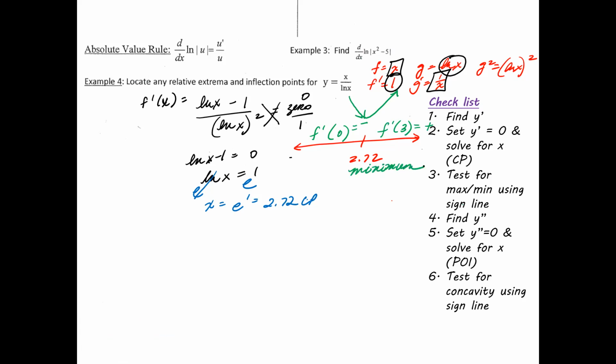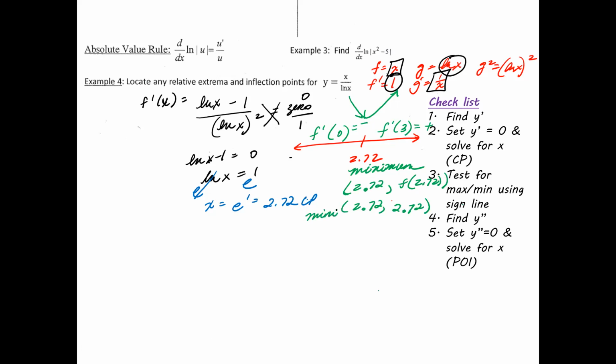So obviously at this point, you know that it's going to be a minimum. And of course, I want the location of this. So it's going to be at x equals 2.72. And to find the y value, you have to do f of 2.72. And if you have a calculator, you will go ahead and plug this into that. So your answer is going to be (2.72, 2.72), and this is where your minimum is going to be located. And that's the first part of this. Because it also asks you to find the inflection point, which is the second derivative. So yeah, you guessed it, we would have to keep on moving with this.